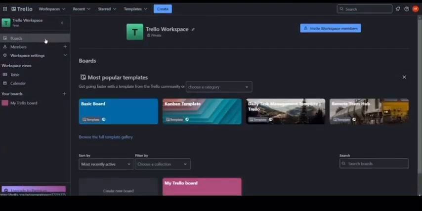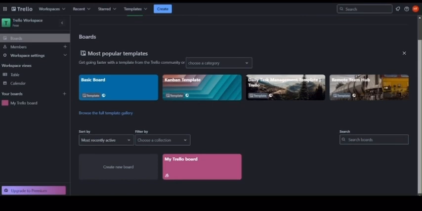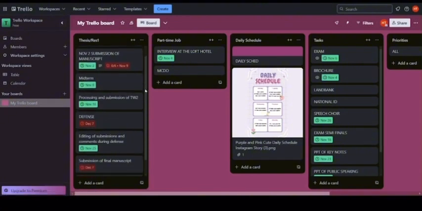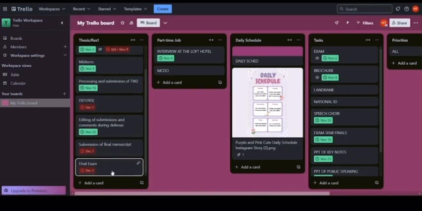A powerful project management tool that can help you streamline your tourism projects and keep everything organized. Trello is a visual, collaborative tool that helps you organize tasks, track progress, and communicate effectively with your team. It's perfect for managing projects of all sizes, from planning a small event to launching a new tourism product.